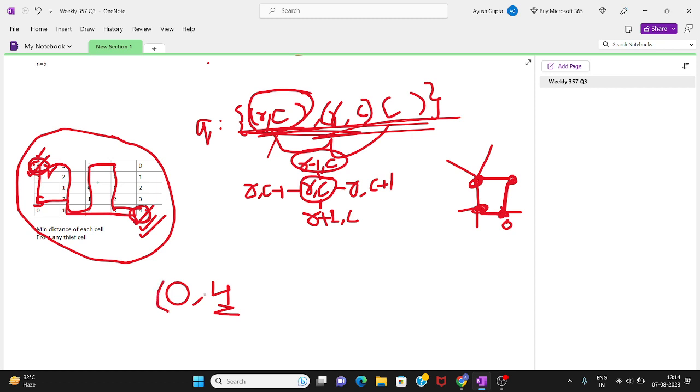So this way we can derive the range in which our safeness factor can be. So this is the lowest value and this is the highest value, the highest safeness factor that I can obtain by choosing any of the paths.